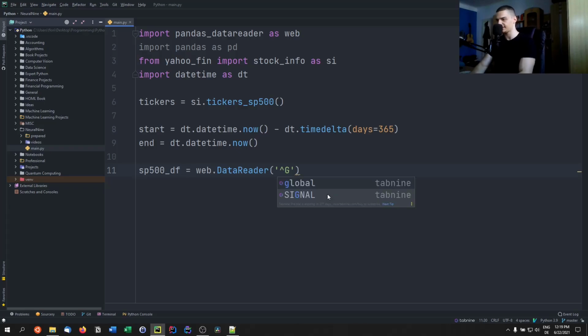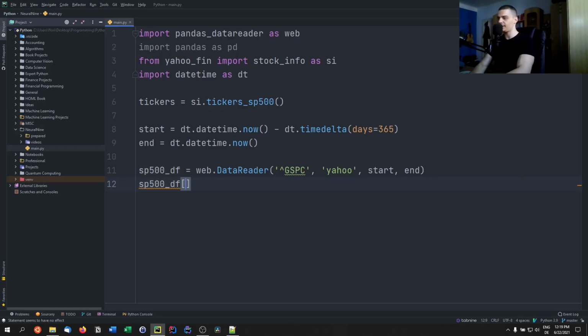At least in mathematics, it's called hat. Then GSPC, this is the ticker symbol of the S&P 500 ETF. We're going to load it from the Yahoo Finance API from start to end. There you go. And now we're going to say S&P 500 data frame, and we're going to calculate the percentage change. So we want to know, okay, the closing value, the adjusted closing value, how much does it change from